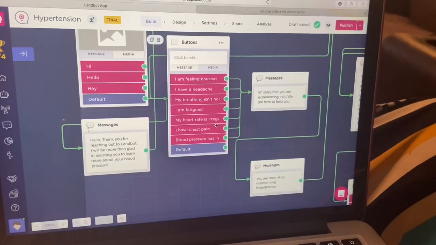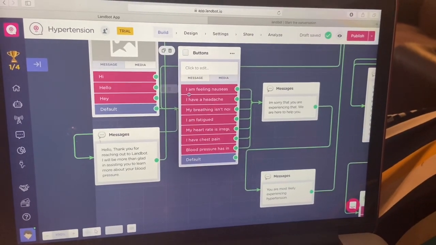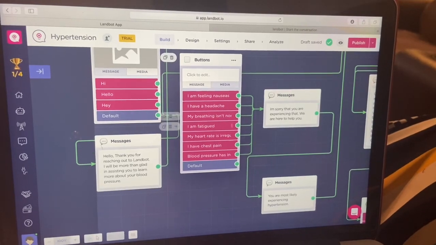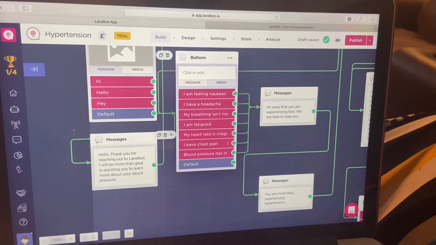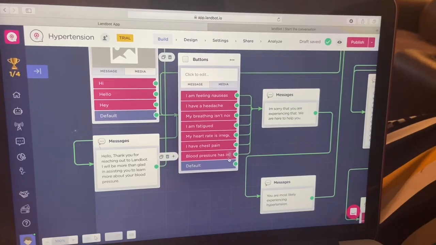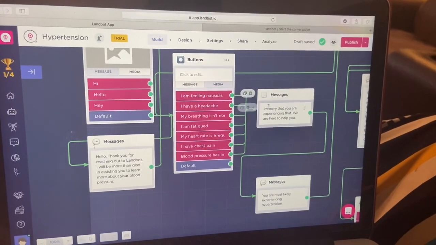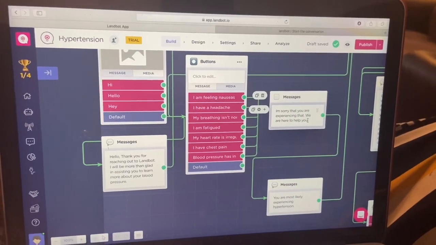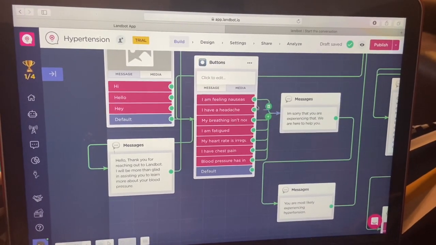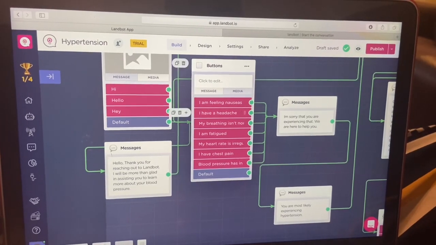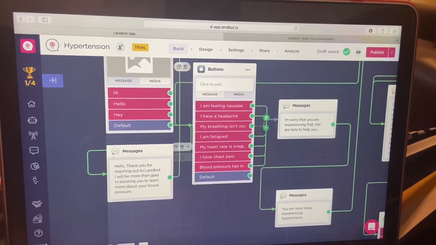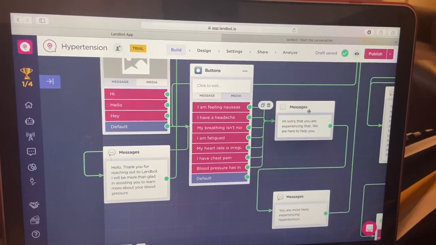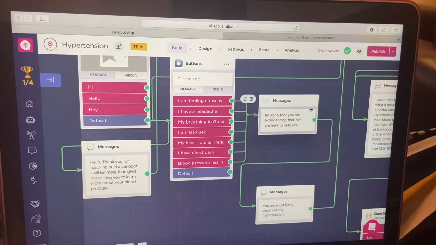Okay, if the user was to click on I'm feeling nauseous, or I have a headache, my breathing isn't normal, I am fatigued, my heart rate is irregular, I have chest pain, or my blood pressure has increased, it's all going to tie back to this message. I am sorry that you are experiencing that. We are here to help you. I did this so I wouldn't have to create a box for each of these choices. So I just created one arrow and connected it to this message